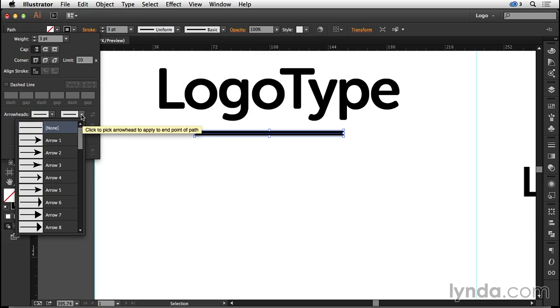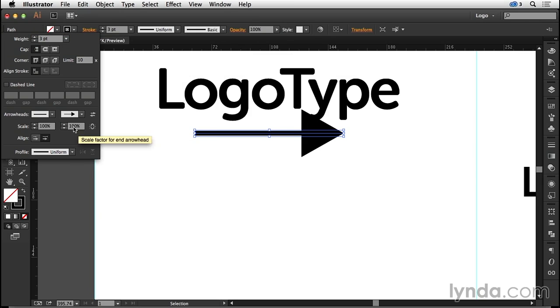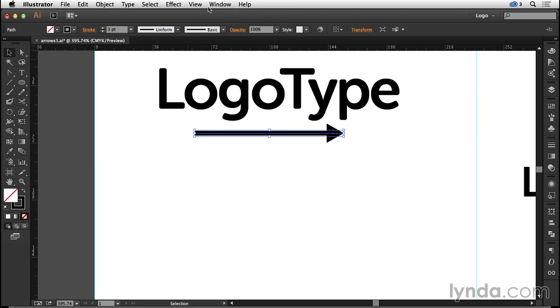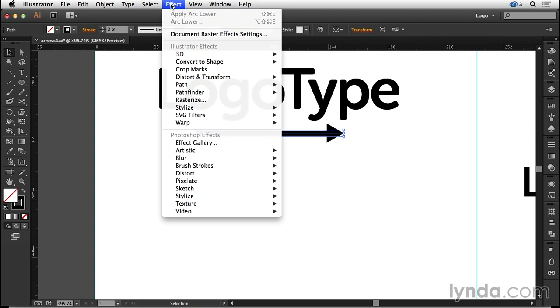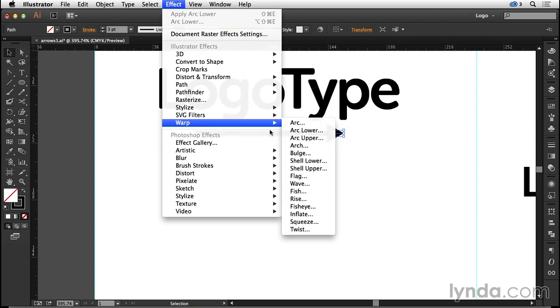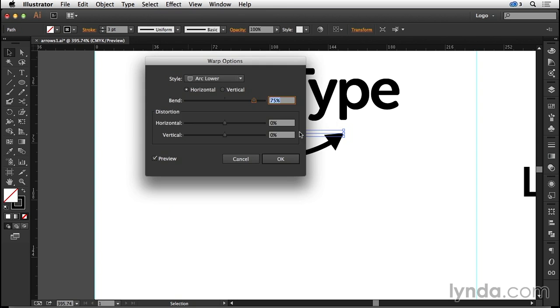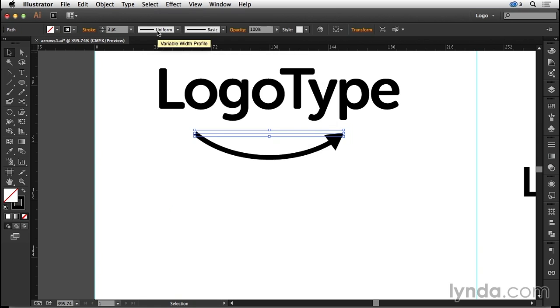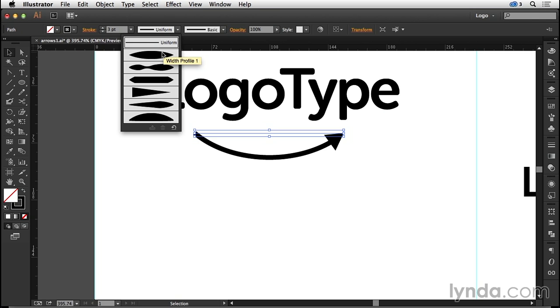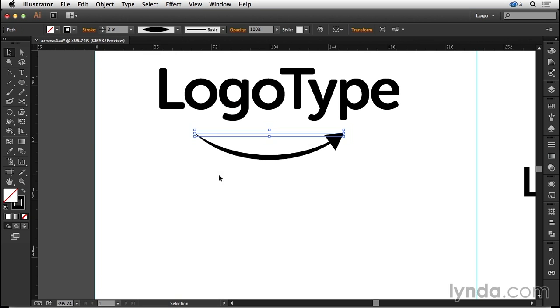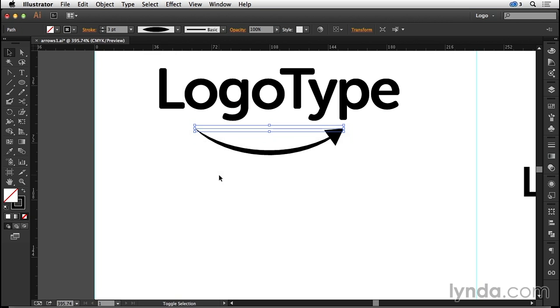We have a number of different arrow styles, and I'm going to reduce the percentage in this case to 40%. I can make it extend beyond the tip of the stroke, and I can also change its direction. To make the arrow imply a smile, I will add an arc lower warp effect to it, in this case at 75%. To then give it more personality, I'll change the variable width profile to width profile 1,